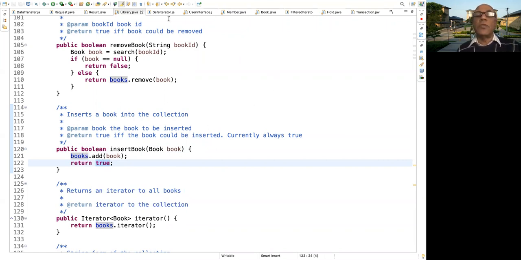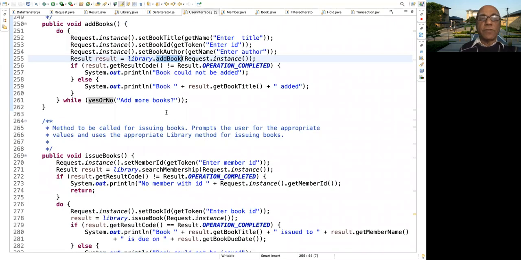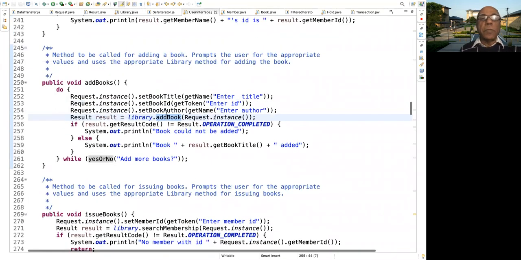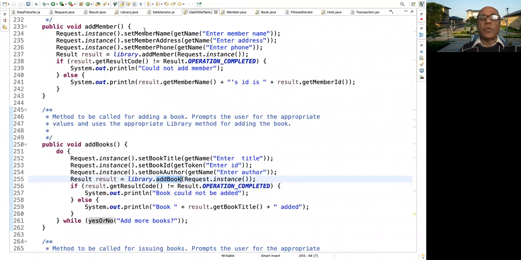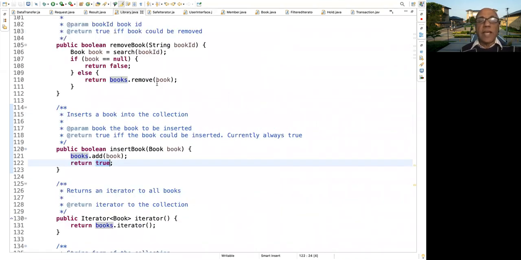Now let's see how add member works. It is flowing the same way. If you go to user interface, you will see a method for adding members. So it collects the name, address, and phone information, and then calls library's add member. And when the result comes back, it switches based on the result code. And the library's add member